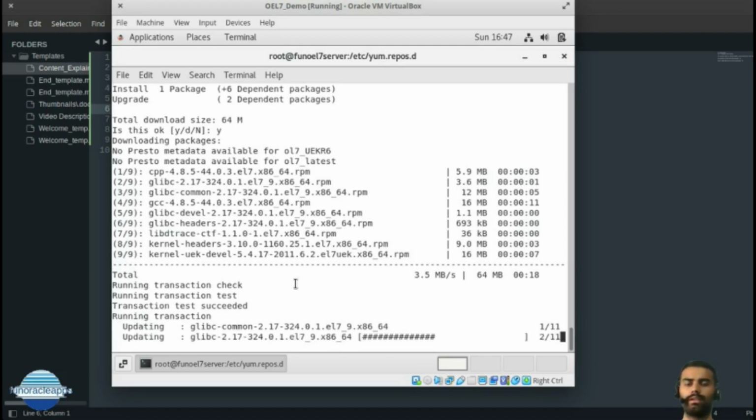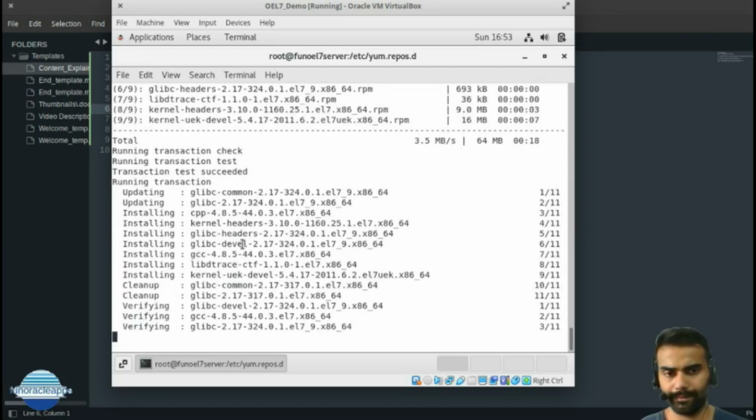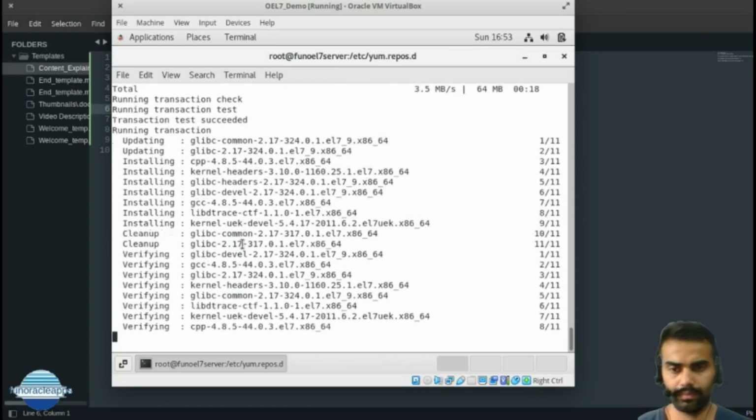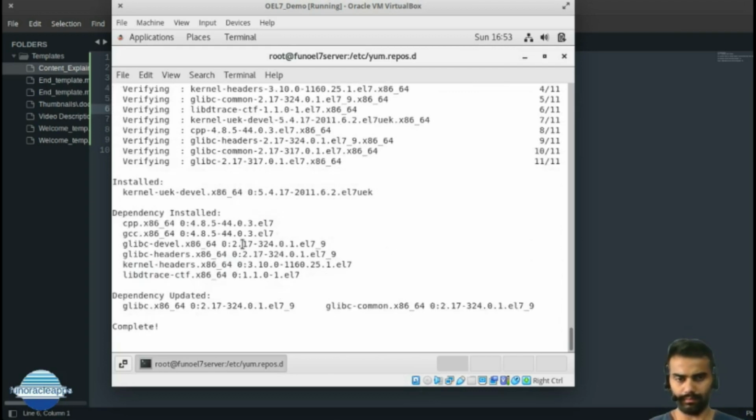It has started upgrading the respective packages which are needed. So here we have the kernel UEK devel installed for our current kernel version.